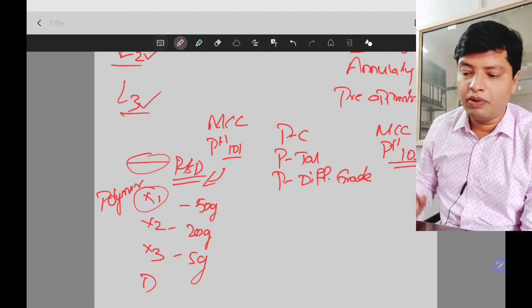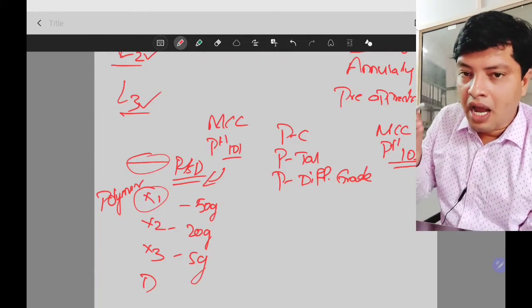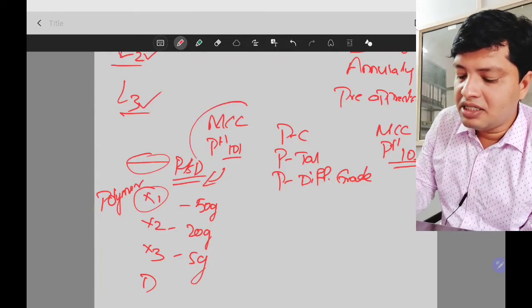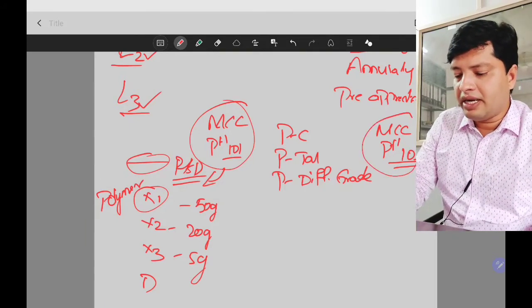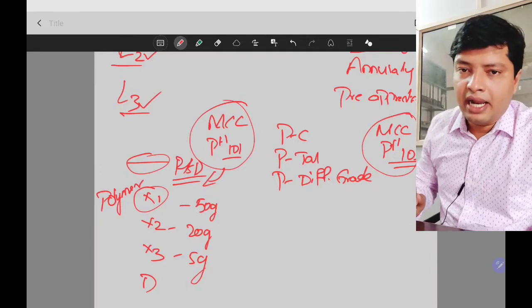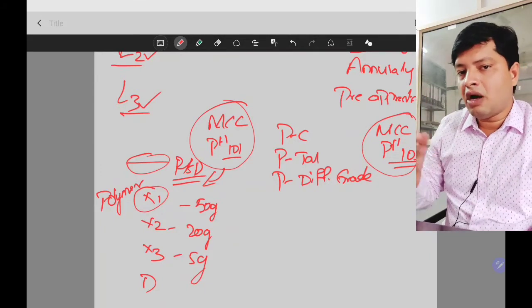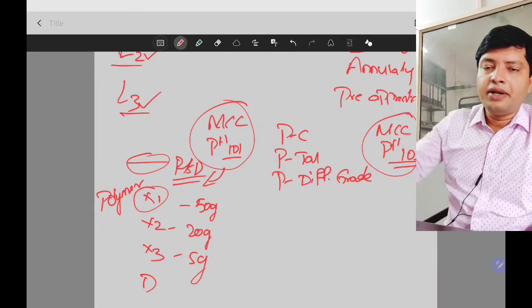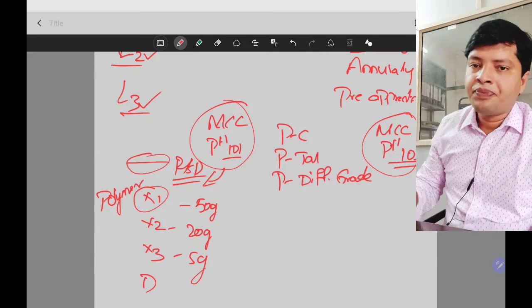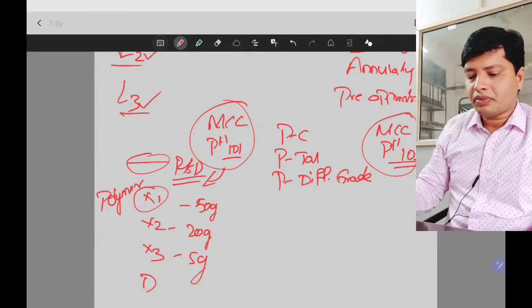That also you need to report, because the accepted or approved formulation is this one. This grade polymer is approved. Now you are changing to this grade, you need to follow the SUPAC guidelines. This particular change, how it is affecting, level 1, level 2 or level 3, and you need to test, what are the tests to be done, then how to file them.